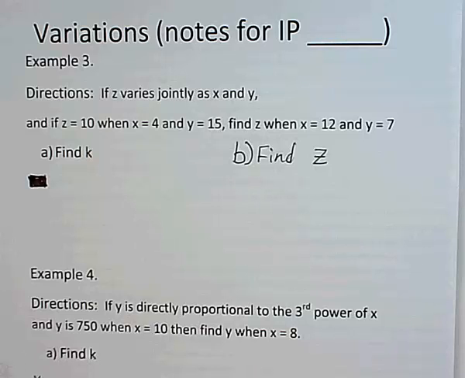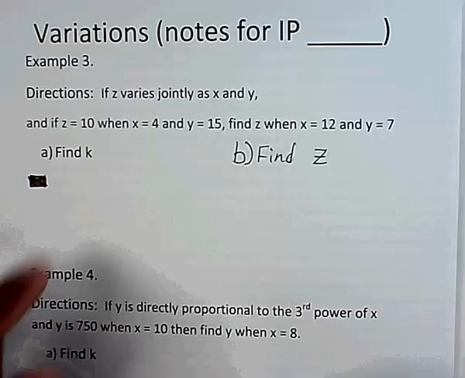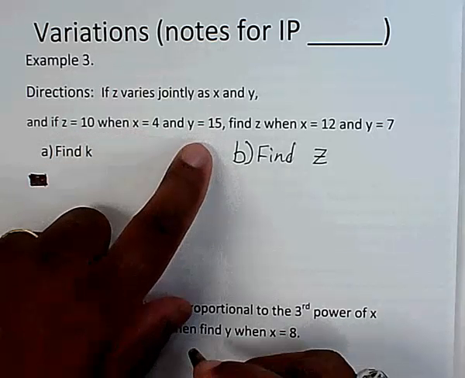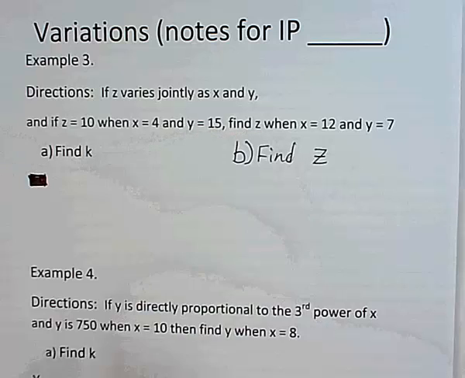In example number 3, we're going to look at joint variation. So if z varies jointly as x, then you can read the rest of it here. We've got z is 10, x is 4, y is 15. We're at the very end of this example supposed to find the value of z, and we're given values of